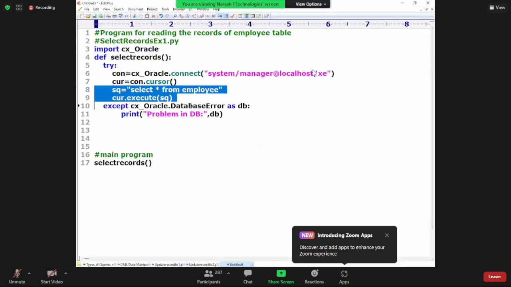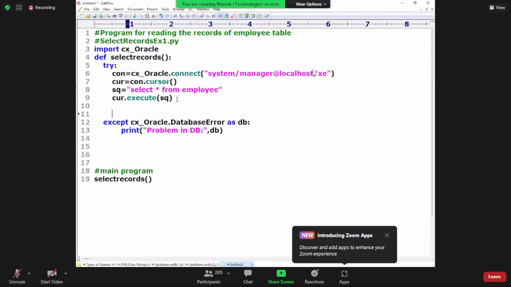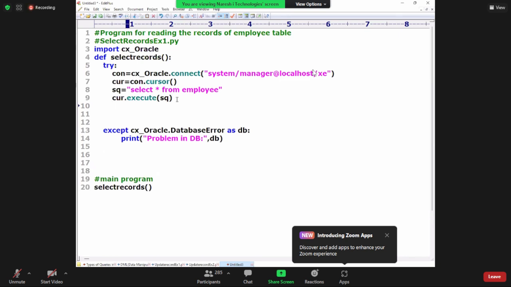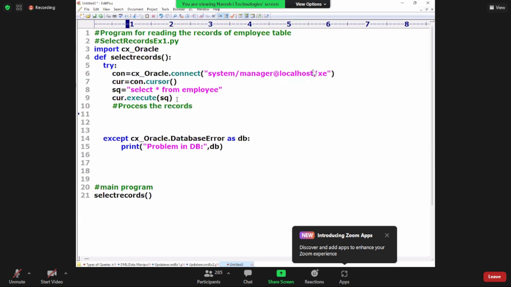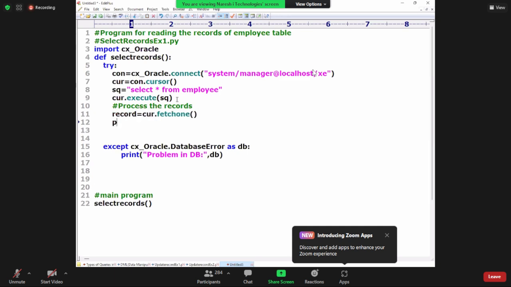Go to our program which is ready. Tell me, is the query executed or not? Now I am saying, process the records. Now print. How do you get the records from the cursor? cur dot fetch one. It will give you one record. I will call it record and print it. See students, record, comma,